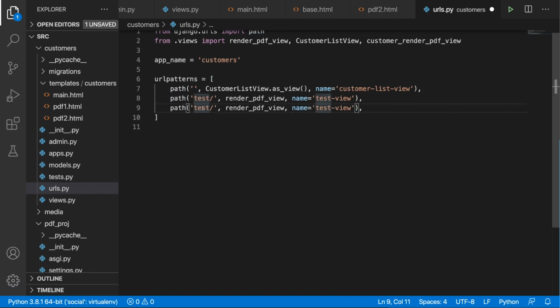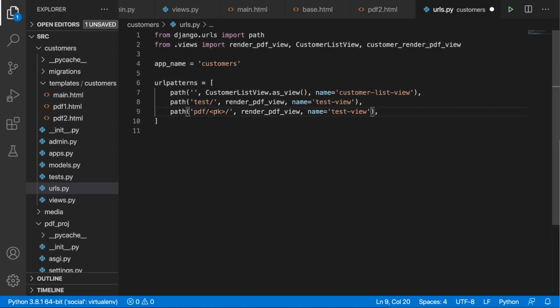This will be a customer primary key. So here I'm just going to put in pdf and then pk. Okay, so this is the primary key that is expected, and based on that primary key we will get the proper PDF file, and here we need to put in customer render PDF view, and this is going to be